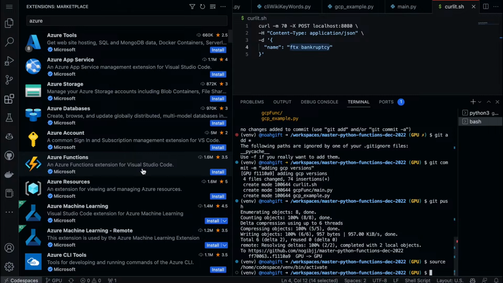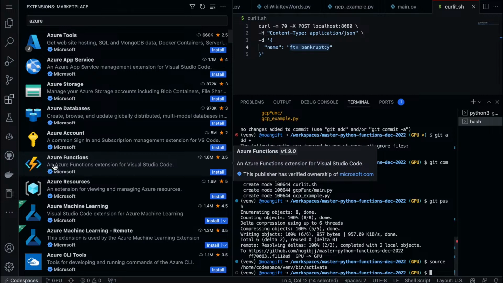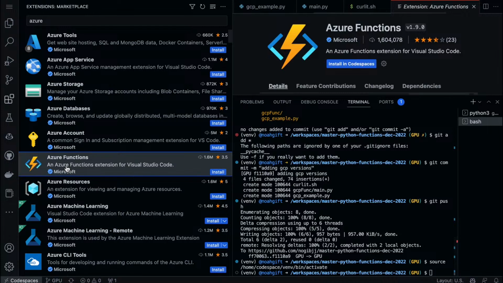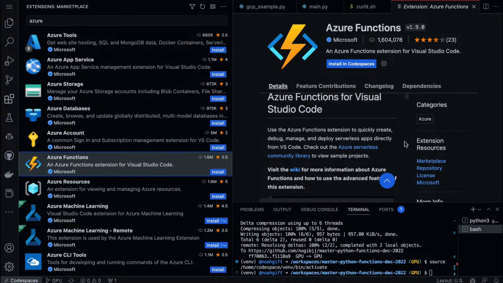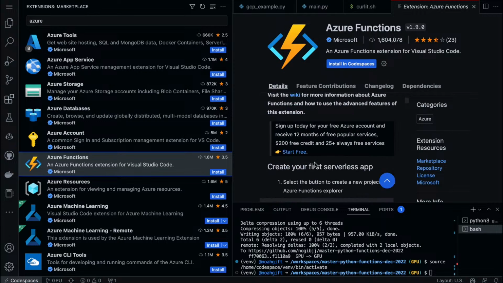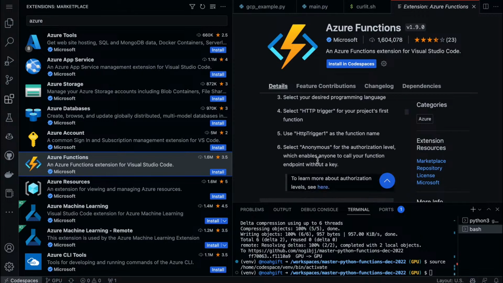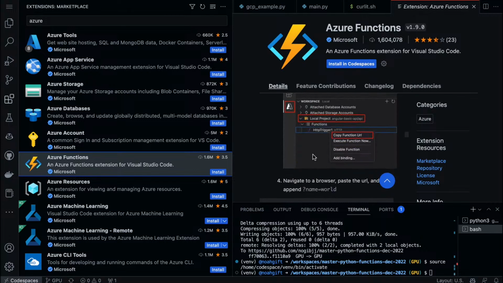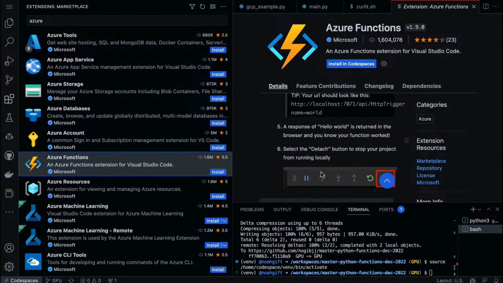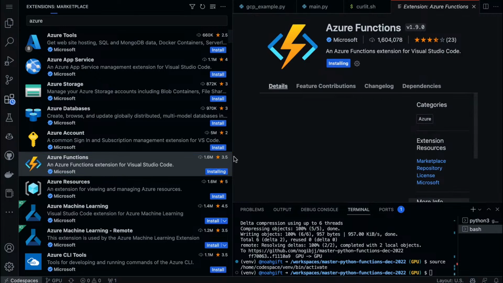And the Azure Functions extension, I believe it's this one. Let's double check what it does: to create, debug, manage, and deploy. So you create it, HTTP triggers, you attach it. Yeah, I think this is the one that lets you invoke it all locally. So let's install this one.